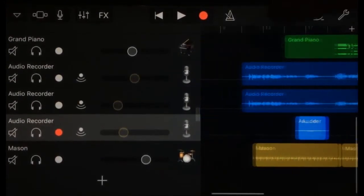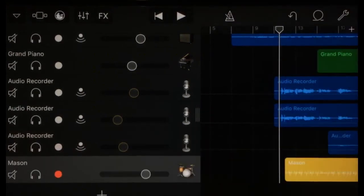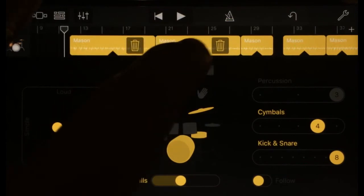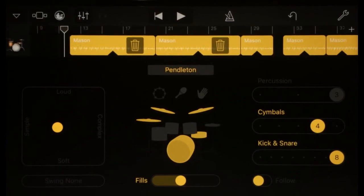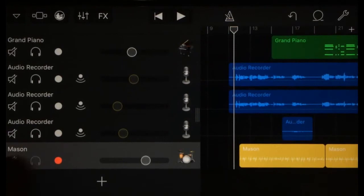Okay. Last but not least is the drums. So I could probably do an entire video on using Drummer, and I probably will at some stage. But if we jump into our Drummer here, you can see I've used the Drummer tool, and I need to stop moving audio like that. So actually, let's go back out and solo before we jump in there, because we can't solo from that screen, which is a bit of a pain. So we'll solo, we'll jump into the Drummer,